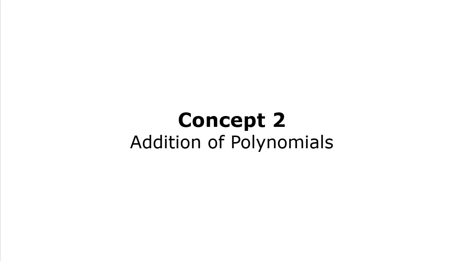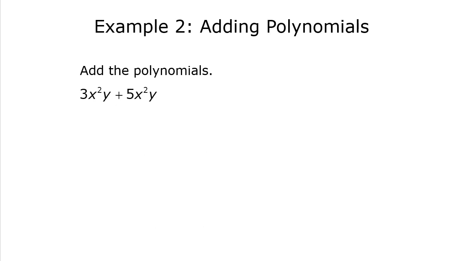Well, adding is the next thing we're going to talk about. And it's really simple because you can only add polynomials that have similar terms. And remember, terms are things that are separated by pluses or minuses when you look at them. Remember that it's technically always separated by pluses, because anything that's separated by a minus is technically adding that negative thing, because that reminds us that the term has a negative coefficient. But in any case, you can only add things if the terms match except for their